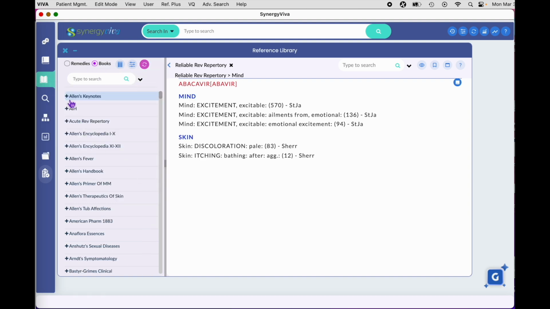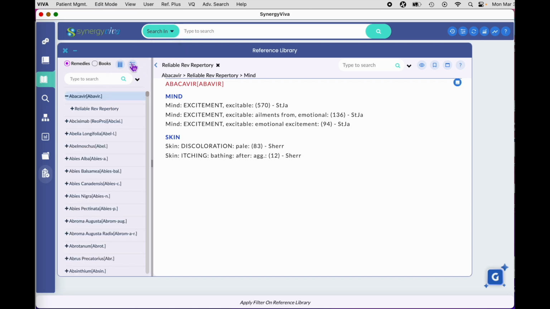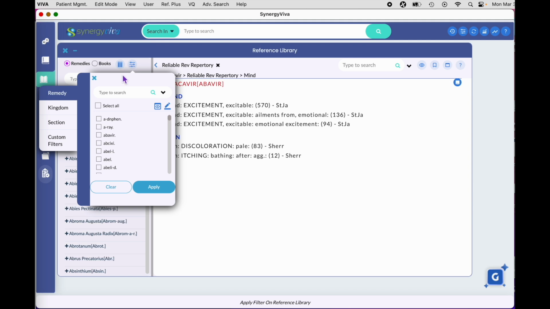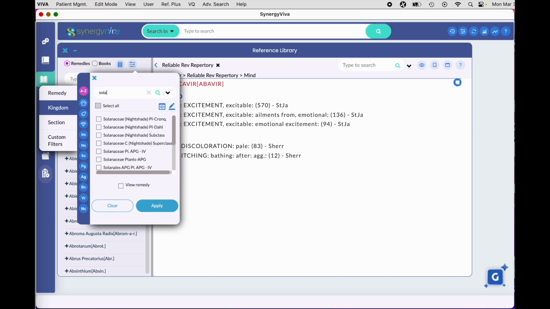And now whenever I open a book, I'm only going to see those 2 remedies as long as that filter is placed. And when I come into remedies, I only see those 2 remedies. And to turn that off, I'm going to click the purple circle. I'm going to go back into the filter icon. You can also filter for certain kingdoms. If you want to see only the Solanaceae remedies,